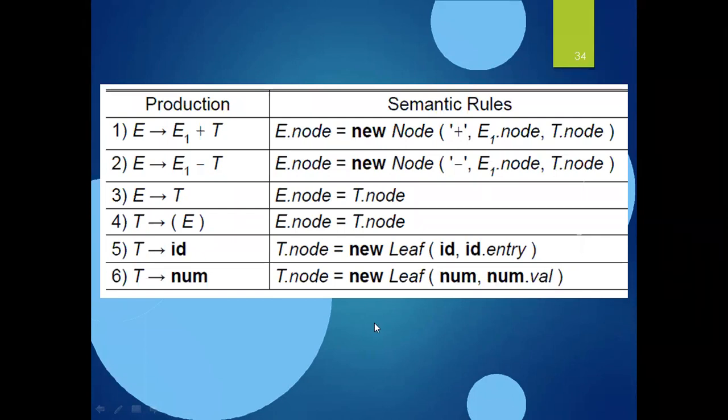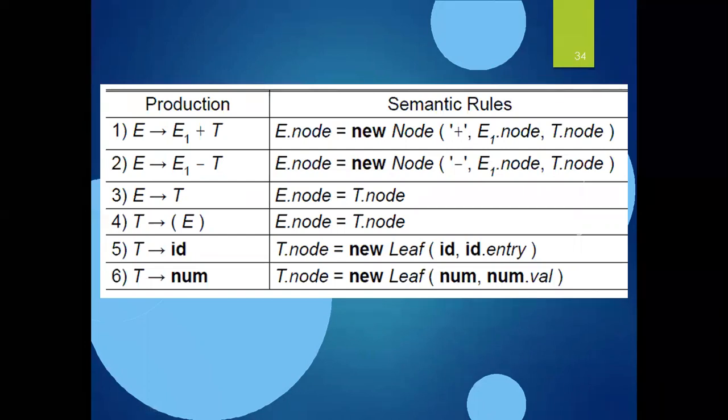Is it clear now how to write the semantic rules for the construction of syntax trees? See the difference: writing semantic actions for the synthesized and for the inherited attributes differ, and compared with those two, the abstract syntax tree is totally different. Here we are creating some functions. These are all predefined functions; we are not writing in our own way. If you want to construct the syntax tree, first you need to write the semantic actions by using a function like this. Now is it clear what the first thing is that we need to do to construct a syntax tree?